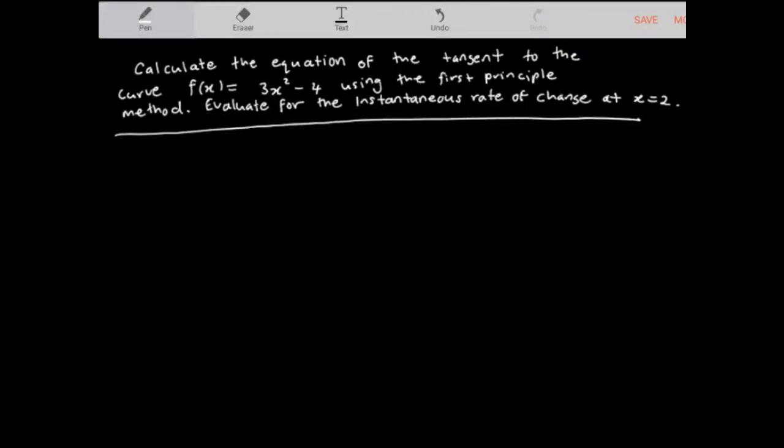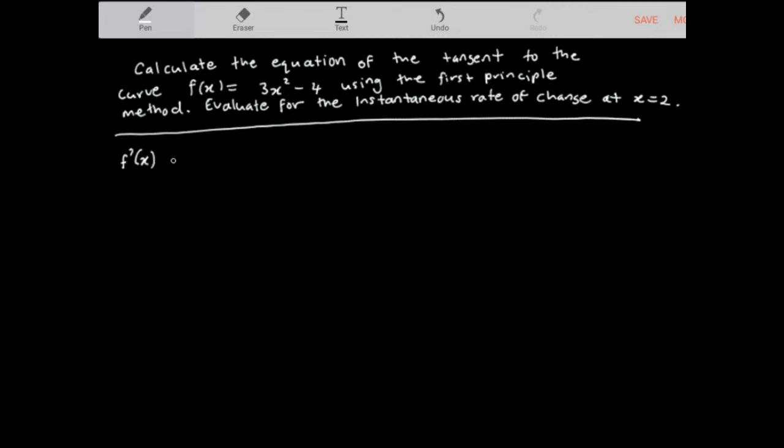Let's look at another way to calculate the instantaneous rate of change, also known as the slope of the tangent to a function. This time we're going to be calculating the equation of the tangent for a particular function, and we're going to be using something called the first principle method. So the first principle method